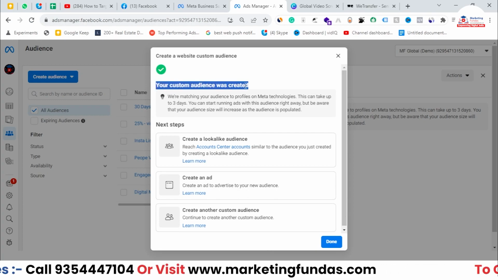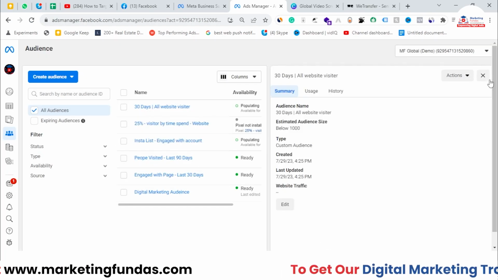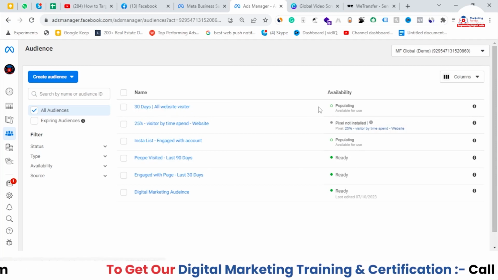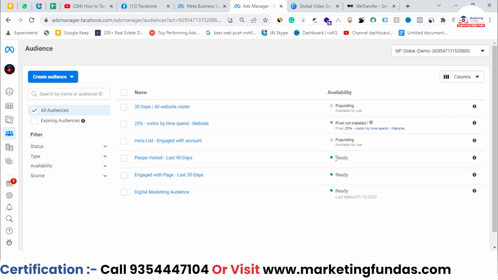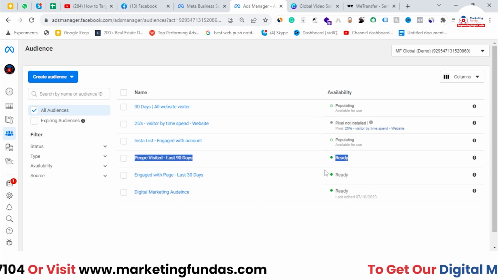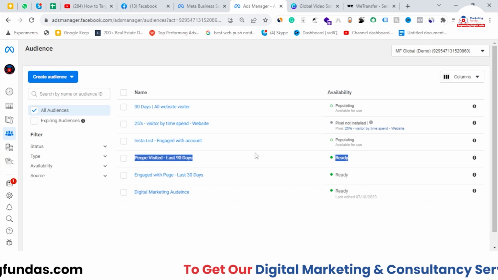Now as you can see, your custom audience was created. Hit the done button, and here you'll be able to see the custom audience which is getting populated right now. Once it gets populated, you'll be able to see it like this, ready. And once it's ready, you will be able to use this in your